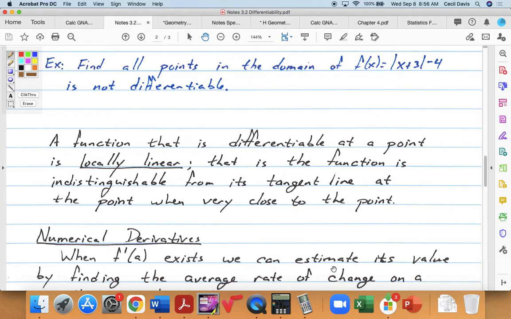let's find all points in the domain of f of x is equal to the absolute value of x plus 3 minus 4. Find all points. That sentence doesn't make good sense. Find all points in the domain of this where f is,